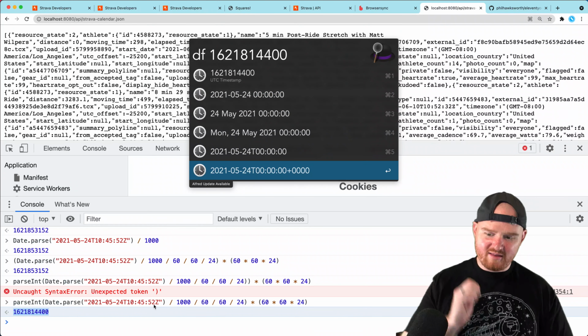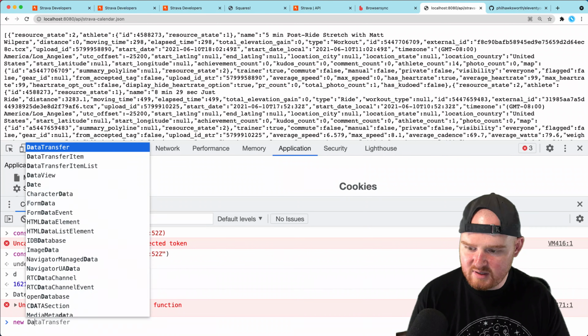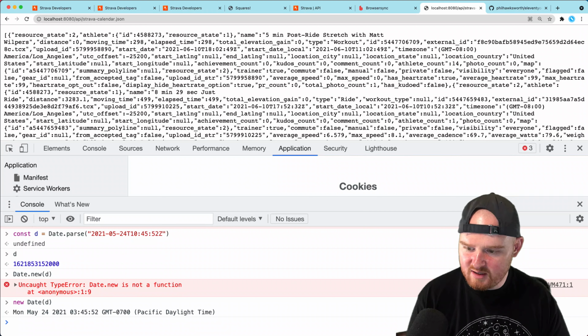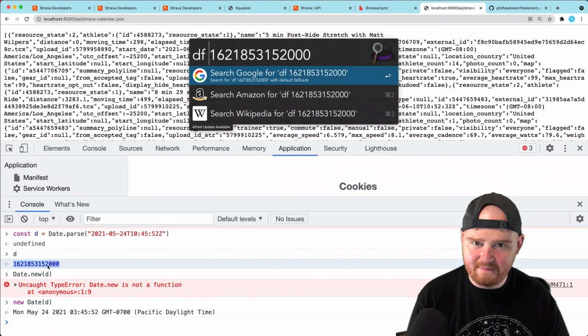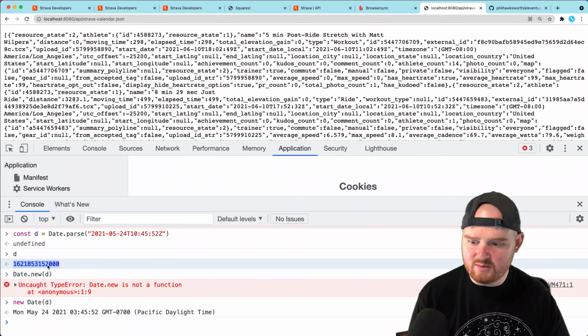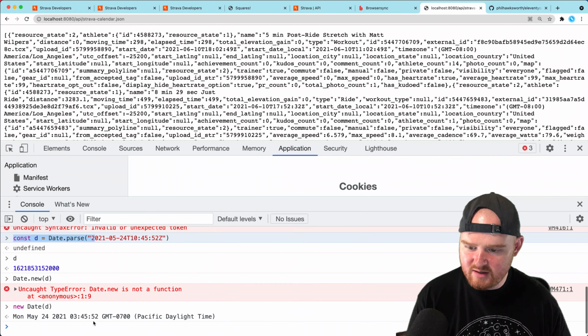const d equals Date.parse of this thing. Is this just going to give me back an integer too, right? Like d. So that's just a number. So new Date of d. Gosh, switching between Ruby and whatever. May 24th. Is that right? Yeah, that is May 24th. So this was May 24th. That's totally right. So this is the same day. That's great. So now what we want to do is